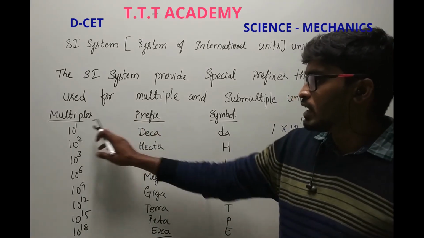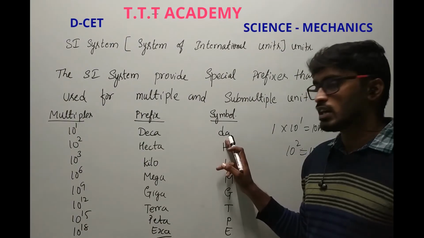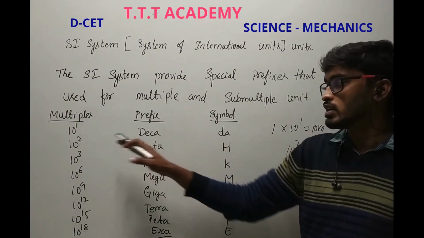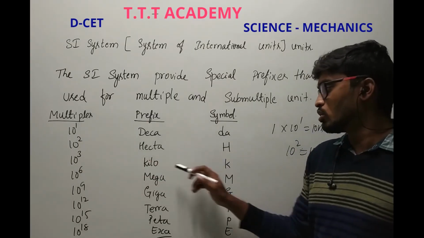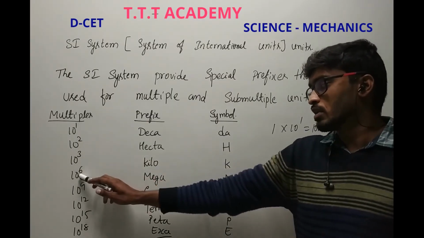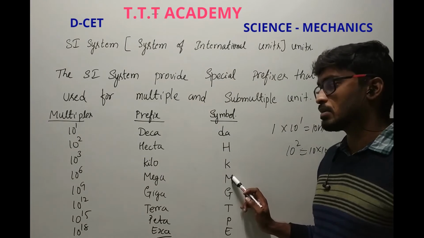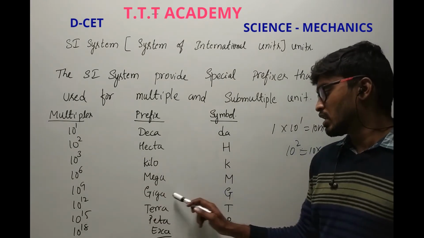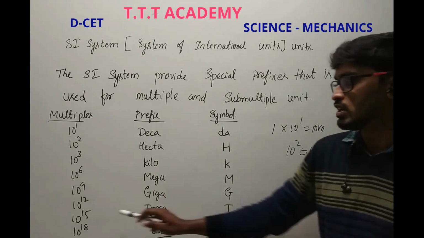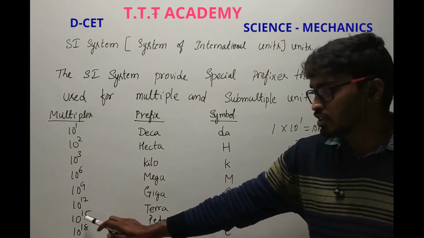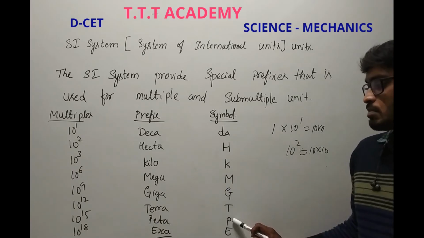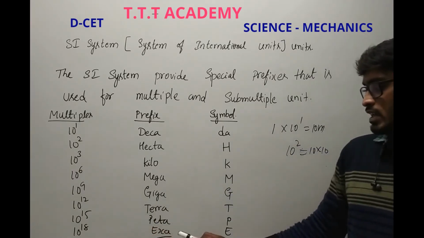10 to the power 1 is called deca, indicated by Da. 10 square is hecta, its symbol is H. 10 to the power 3 is kilo, its symbol is K. 10 to the power 6 is mega, and the symbol is capital M. 10 to the power 9 is giga, its symbol is capital G. 10 to the power 12 is tera, capital T. And 10 to the power 15 is peta, it is P, and 10 to the power 18 is exa, and